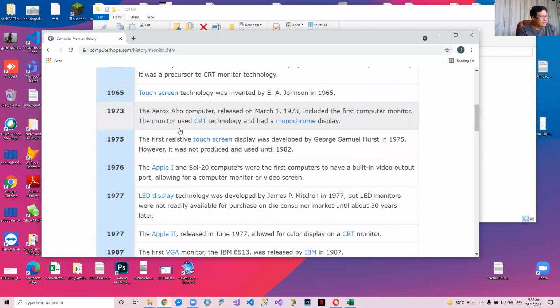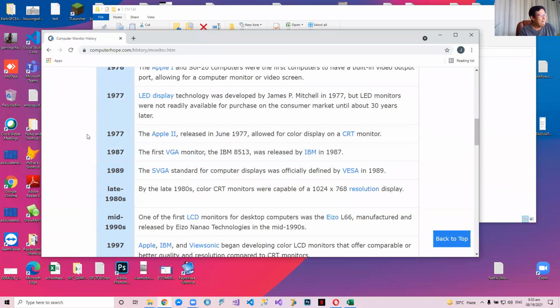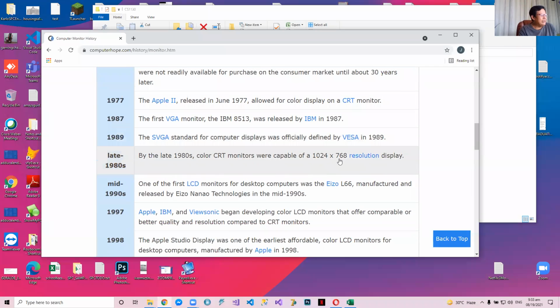Which computer had the first color display? In 1977, it was Apple II. Okay. The first VGA monitor is 640 by 480, in 1987. SVGA, which is higher resolution, was introduced in 1989, and we have HD by the late 1980s. It doesn't specify the actual year. It's late 1980s. HD 720. Okay,